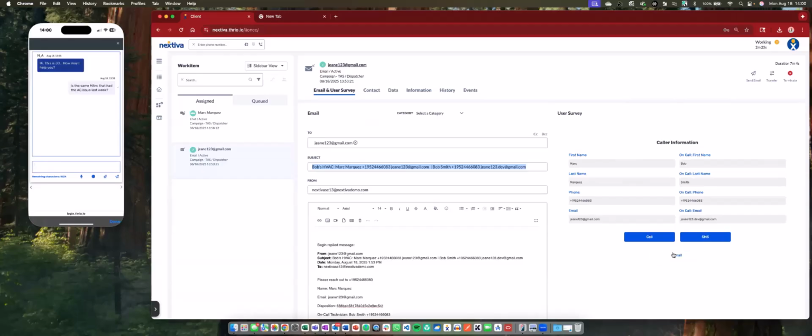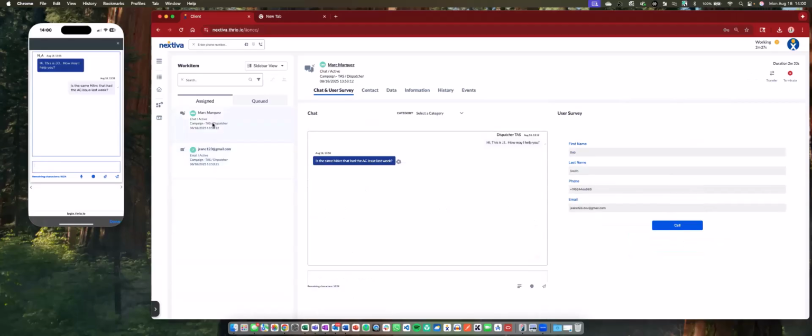We also saw that once Bob received that SMS in plain text, Bob was able to click a link, request to call me if they wanted to talk specifically to them, as well as be able to connect straight to that dispatcher directly via chat, and the dispatcher was able to connect to this.